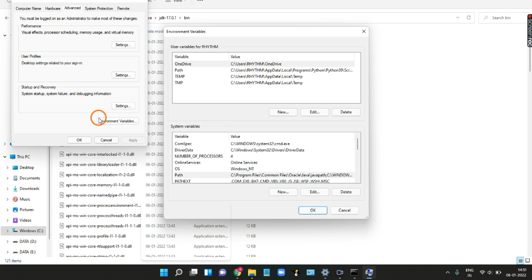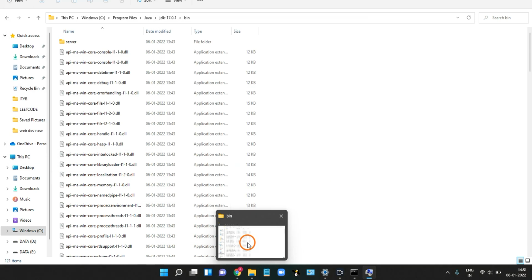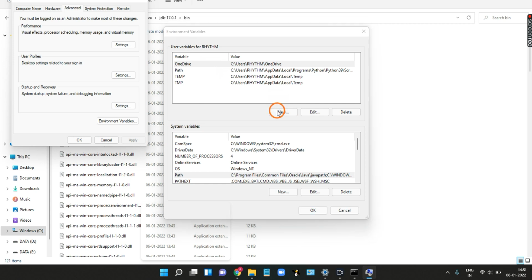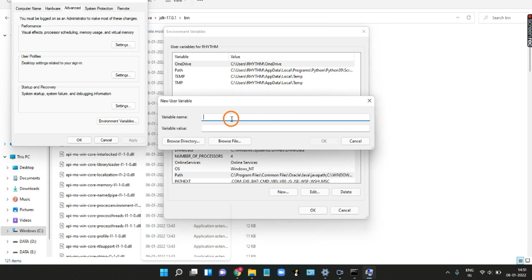Now you need to get the Java home variable. So in order to get the Java home variable, basically it's not required, only some apps require that Java home variable. Then also you can set path for that Java home variable. In order to set path for that Java home variable, just click on this new button. After that, in the variable name, you have to write everything in capital letters, JAVA_HOME. And in this variable value you have to copy a path. Wait, I'll tell you which path you have to copy.